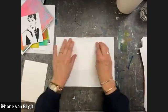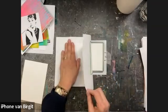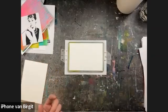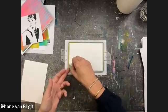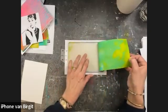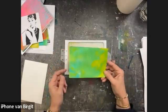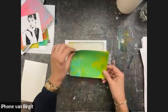So if you have a color laser printer, it doesn't matter that it's color, because the toner in the cartridges of the printer is the same product as the black one is, so it will transfer. But you have to keep in mind that it's even more important that you have light backgrounds, because if you have lighter colors in your laser print, they will show even